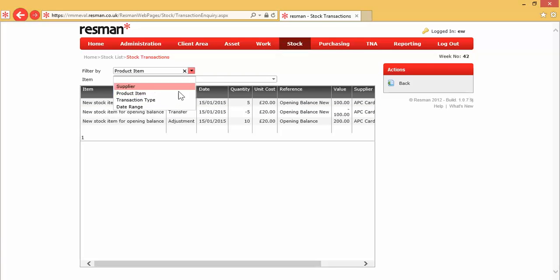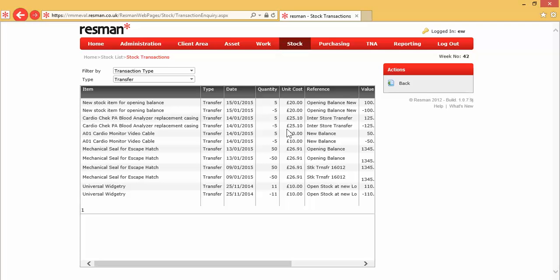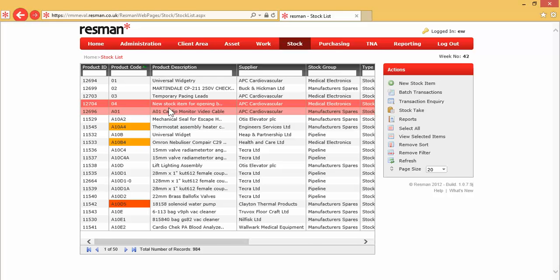If we did this with the transaction type, and our transaction type will be transfers, and there's our 2 for the new item sitting at the top. We could also do that by date range. Now I'll just go back onto the list, and if I highlight that stock item and then run reports,